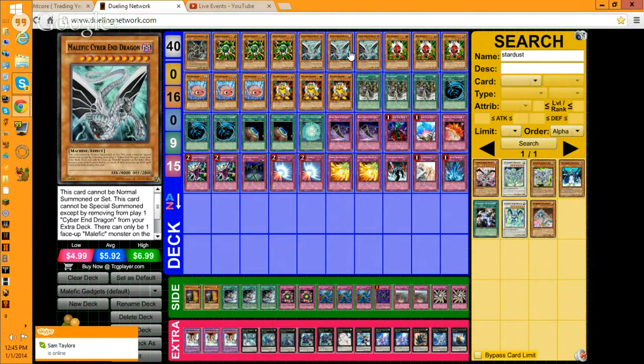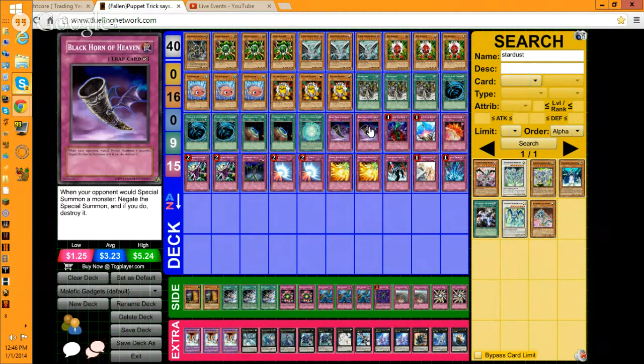It's 4,500, not 4,000. So even if they get Obelisk on the field, they can't get over Malefic Cyber End Dragon at all whatsoever with it. So you definitely don't have to worry about them being able to outpower your Malefic Cyber End Dragons. We have 2 Black Horn of Heaven. Just stop something like